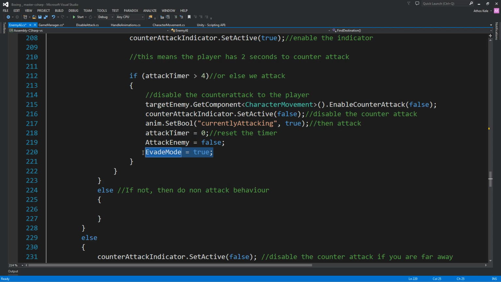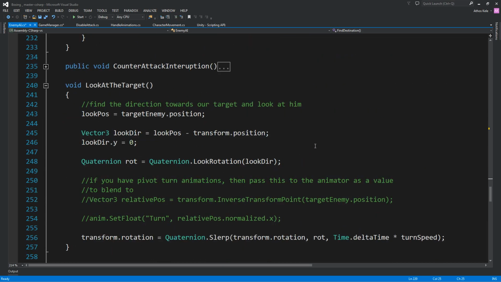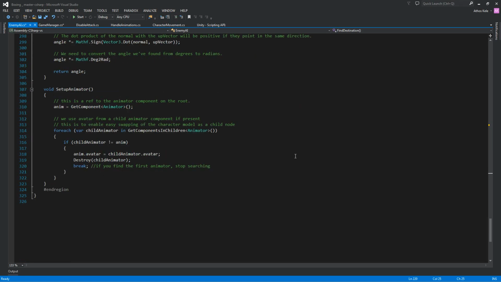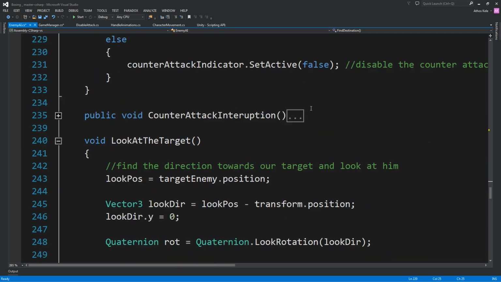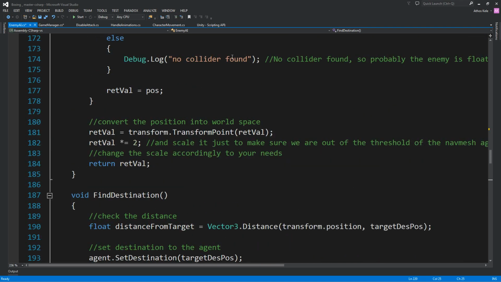So every enemy will only attack once per the life cycle of the AI's decision. So in 10 seconds, which is the maximum ticket timer over here, only one enemy is going to attack. After that enemy attacks, then he's going to go into evade mode. And let me zoom out to see if I have anything else. So that's it, basically what we have to add into our enemy AI script, and the only thing left is